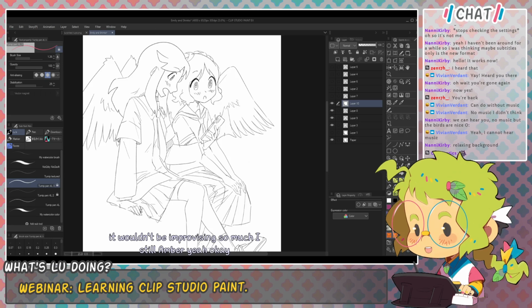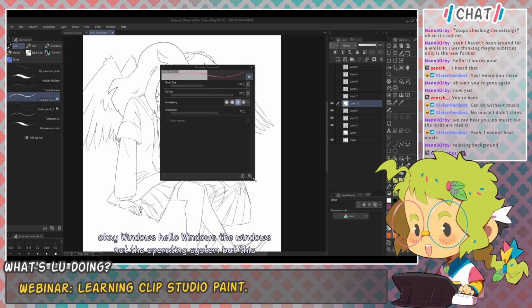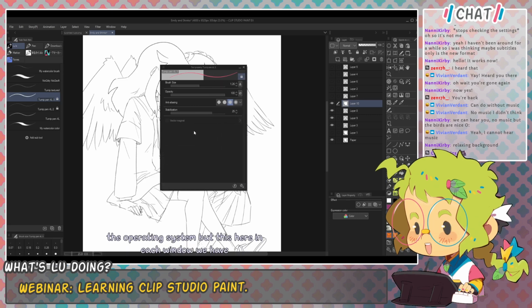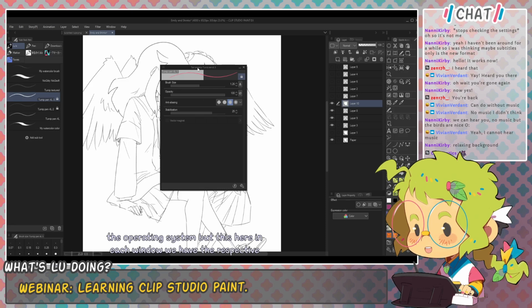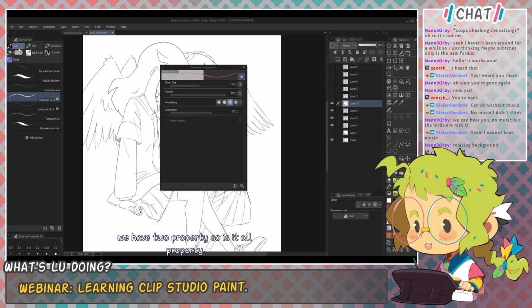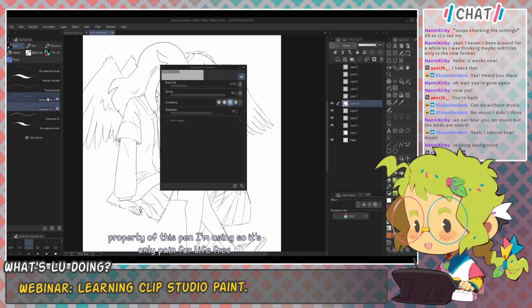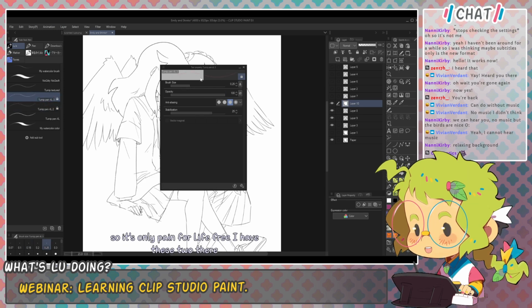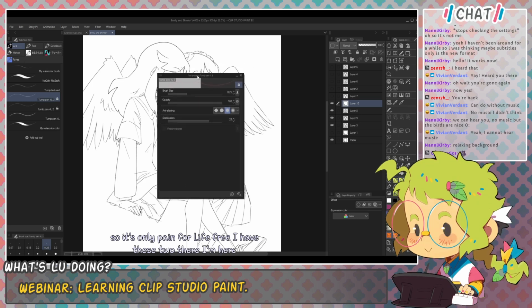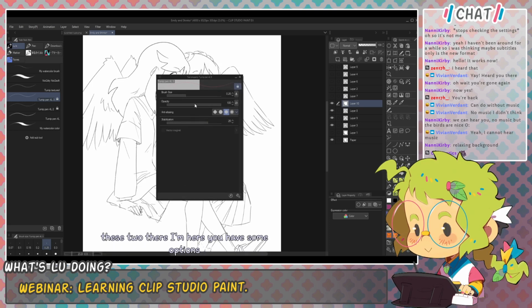Okay, about windows. Not the operating system, but these. In each window we have the respective options. Here, for example, we have tool property. It's the tool property of this pen I'm using, so it's only the pen for leaf 3. I have these two that are similar. And here you have some options, but these are the options you decide to show that you can change, like the brush size, opacity, anti-aliasing, stabilization,